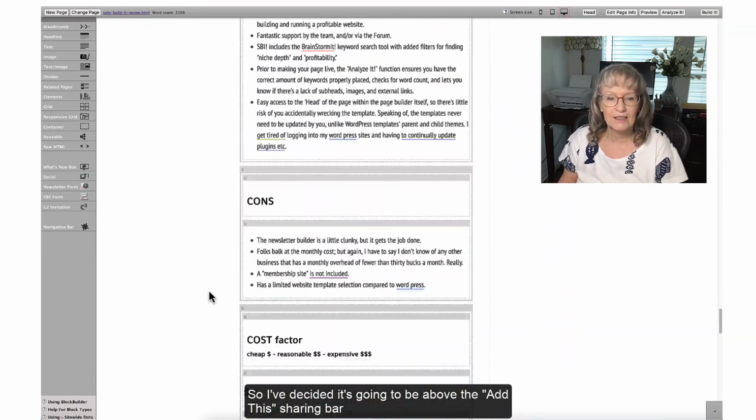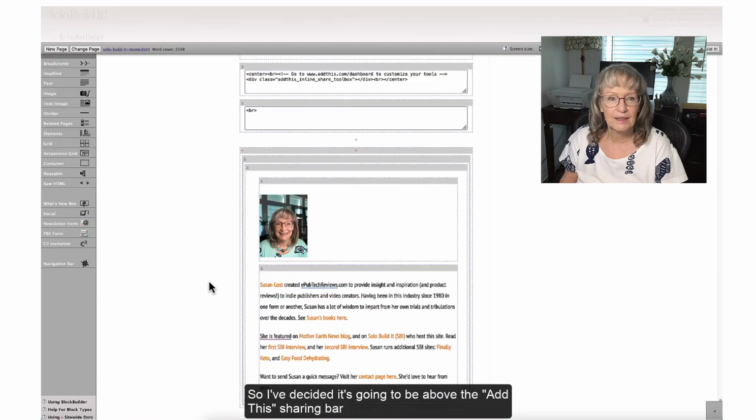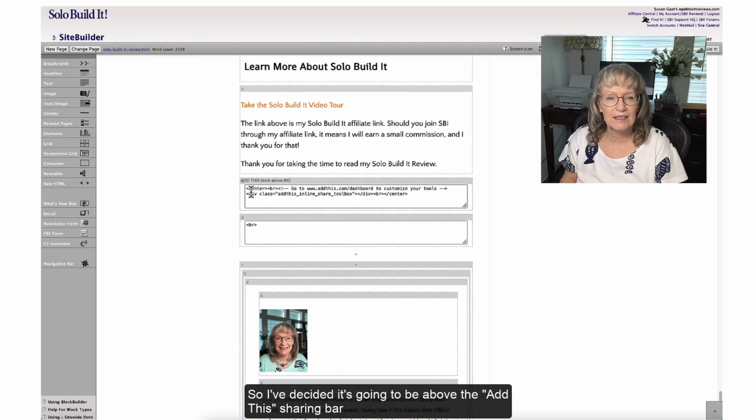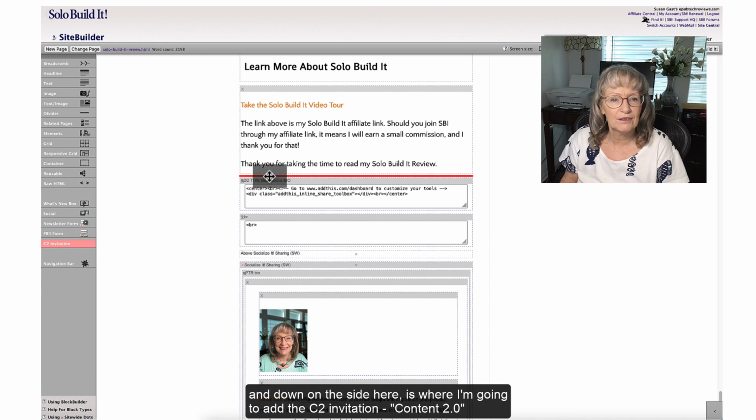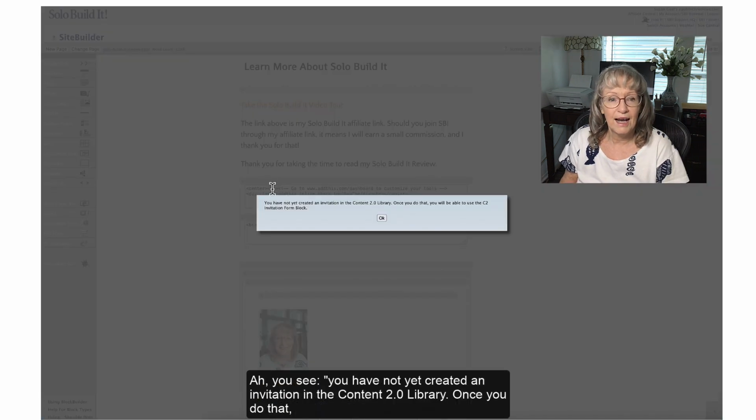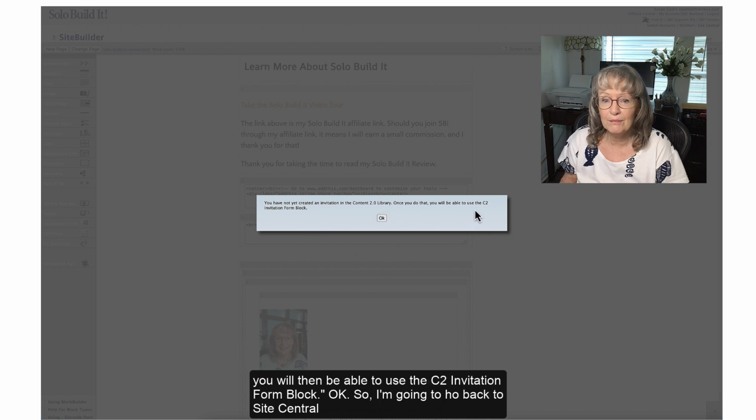I've decided it's going to be above the Add This sharing bar, and down in the side here is where I'm going to add the C2 invitation, Content 2.0. You see, you have not yet created an invitation in the Content 2.0 library. Once you do that, you will then be able to use the C2 invitation form block.